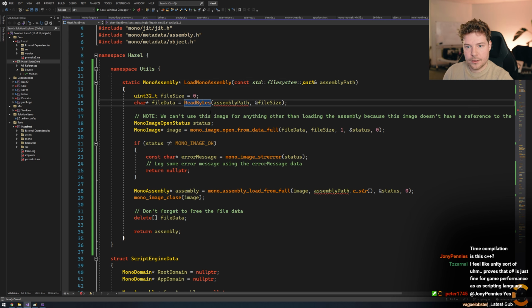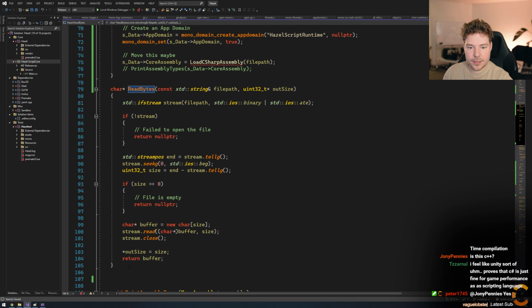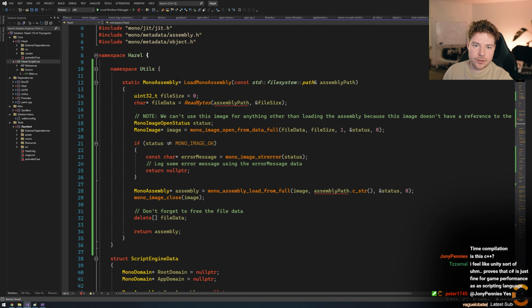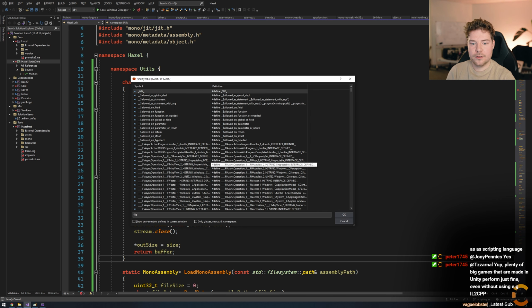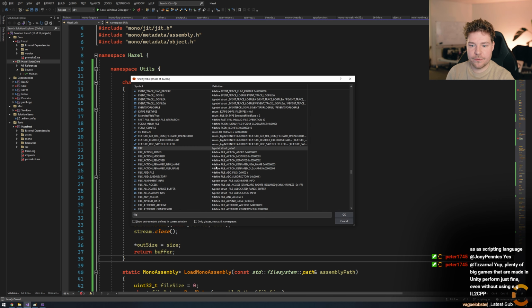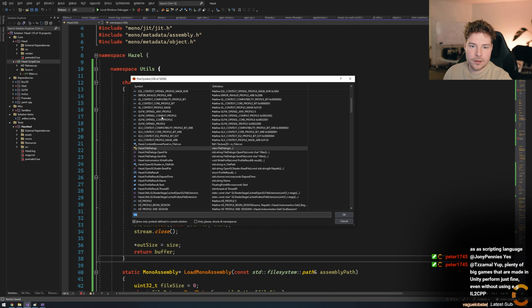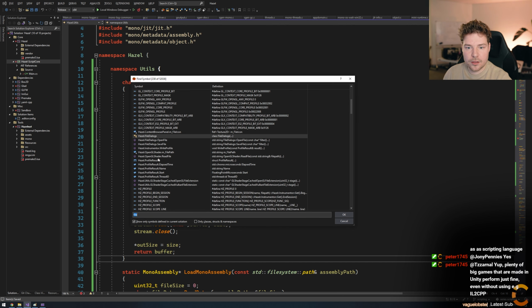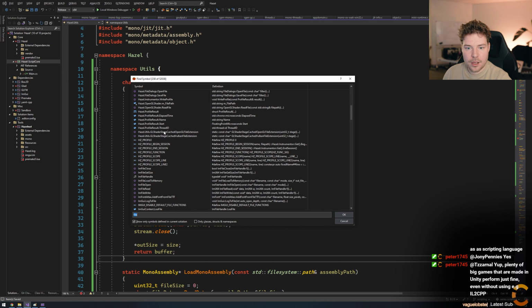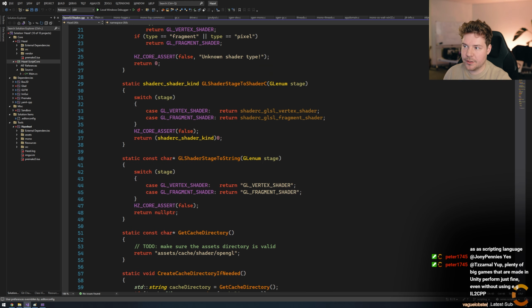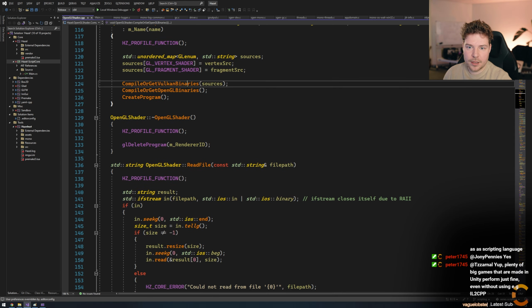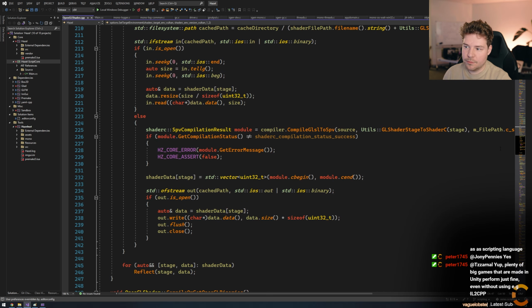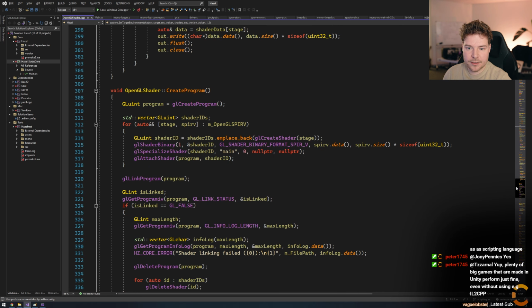And so read bytes is also something here. Do we have a function like read bytes inside this thing? I don't know if we've necessarily got a file API. File dialogues. I mean, we're definitely reading stuff for the OpenGL shaders and whatever. Are we caching them and reading them?